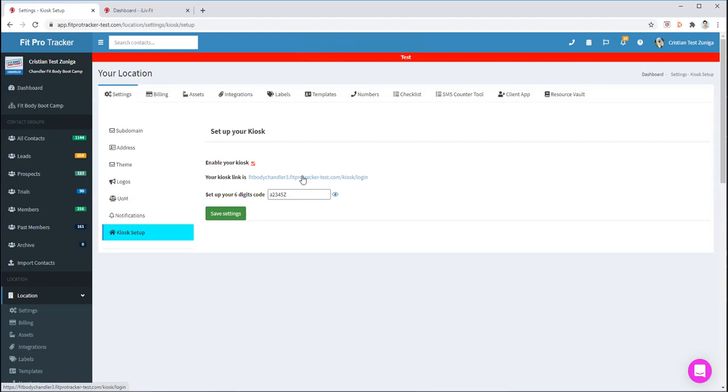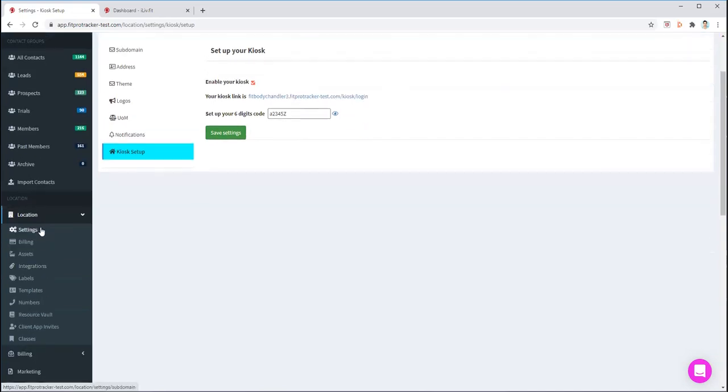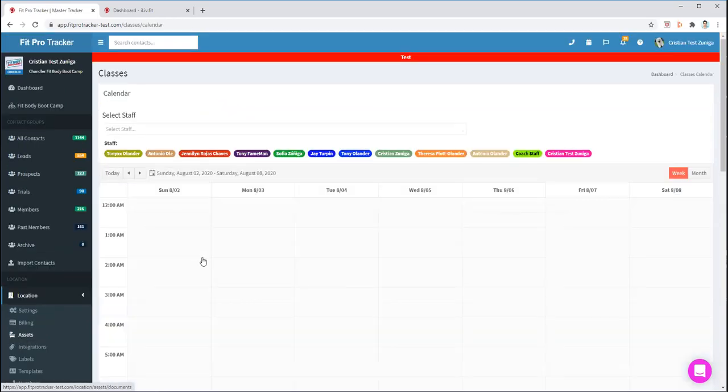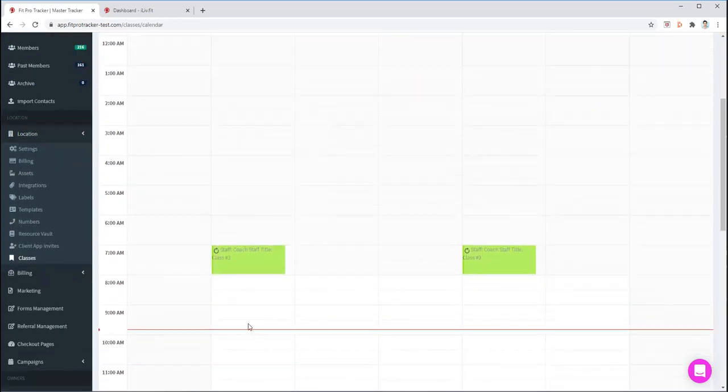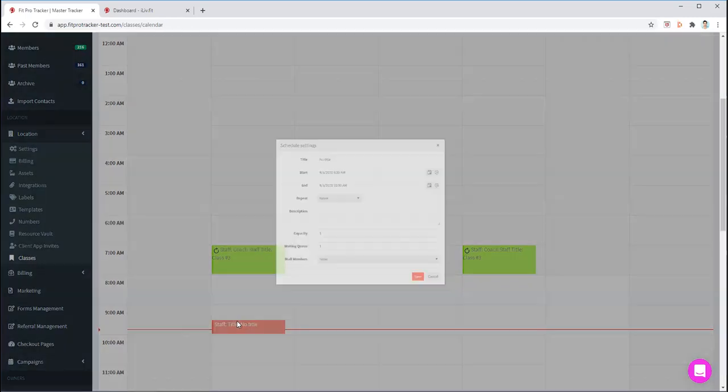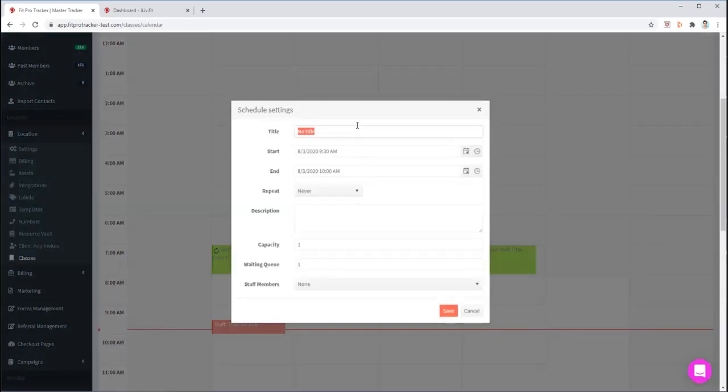But first, I am going to show you how to set up your class schedule because you'll need to have classes in there in order to view them in the kiosk. So in order to set up your class schedule, you are going to, again, go to location in your side panel here. And you'll scroll down to where it says classes. Now what you'll want to do is double click on this section that you want to add classes for. So I'm going to double click here and I'm going to call this class